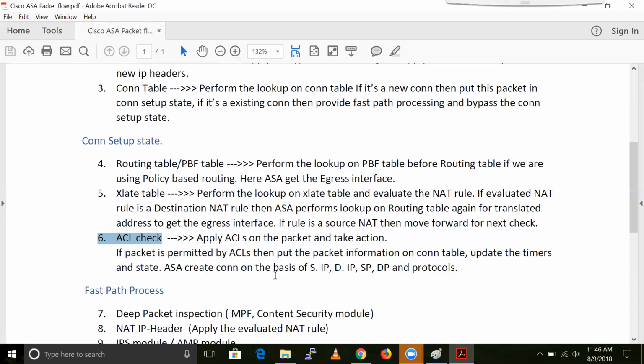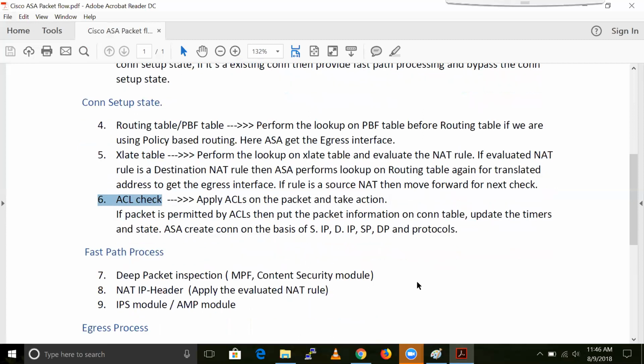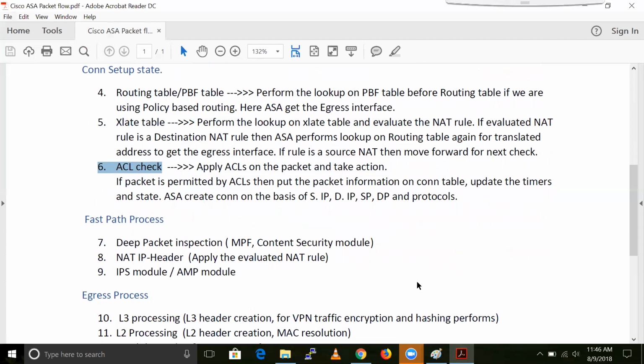In the connection table, ASA has information like source IP, destination IP, source port, destination port, and protocol. You also know that the timer for a TCP connection is 1 hour, for UDP 2 minutes, and ICMP 2 seconds. So he updates the timers according to that.